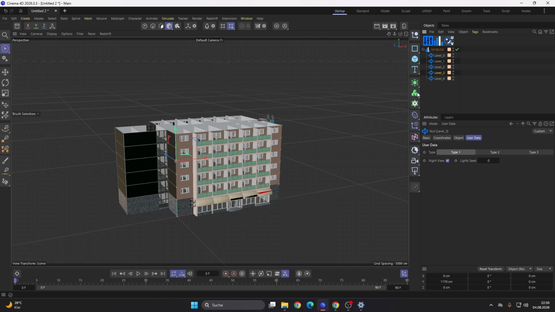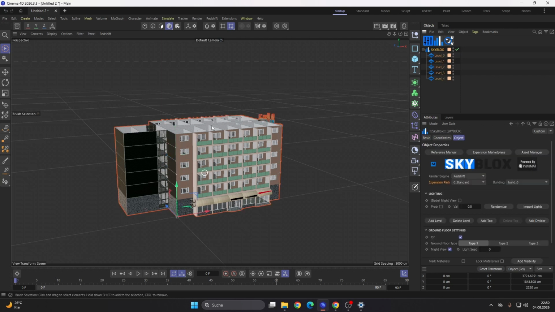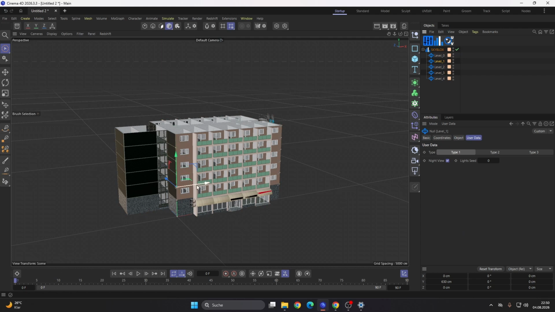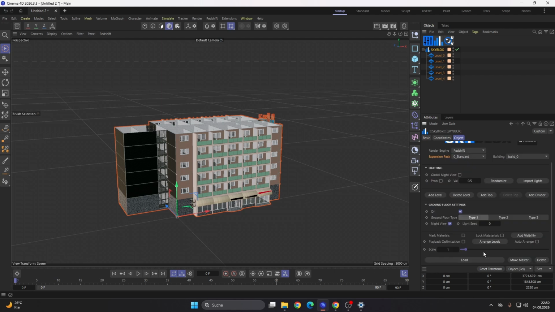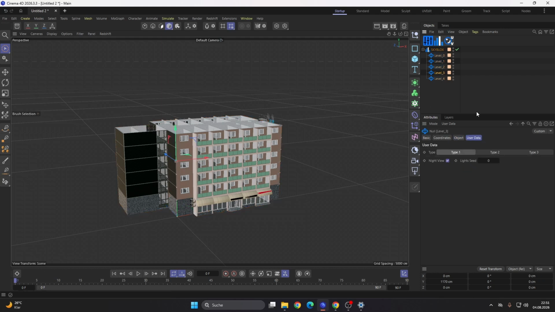This 3D space is not important for the plugin to calculate the levels. It's just important later if you add additional 3D objects to a level so that they stay in the same position. So therefore it is. But you don't have to do this manually. You can also click here auto arrange. Then this level change is happening automatically.